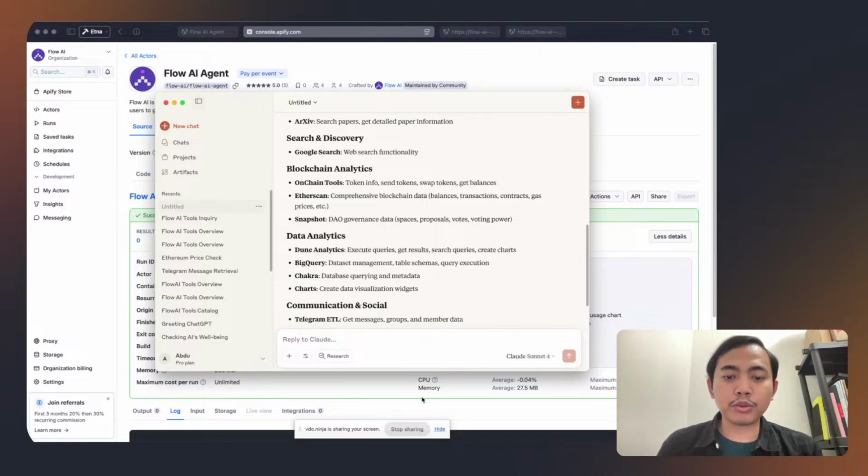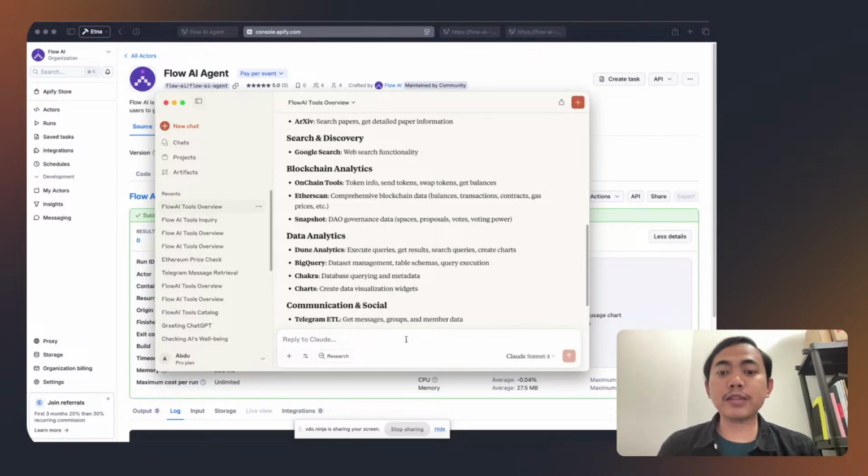Maybe you can ask a very simple one. Can you check what is the price of Ethereum? So I'm now asking the price of Ethereum. It will check, and then it recognizes there is a tool available, and now provides all the symbols and everything. Now there is this number, 2577.